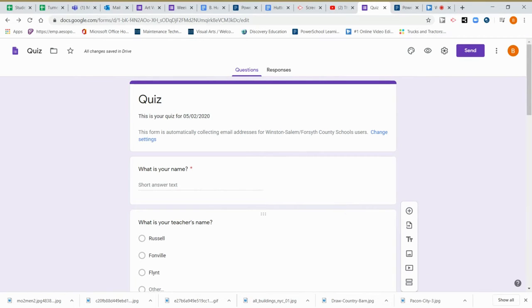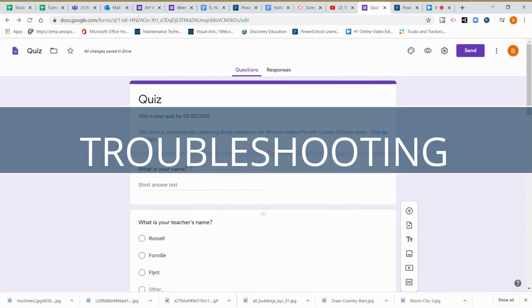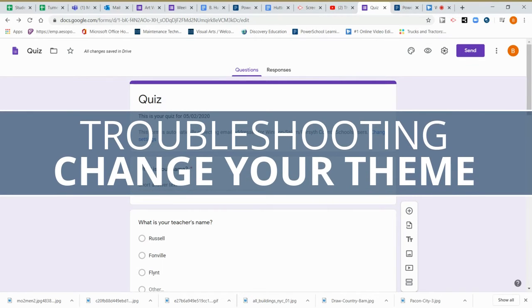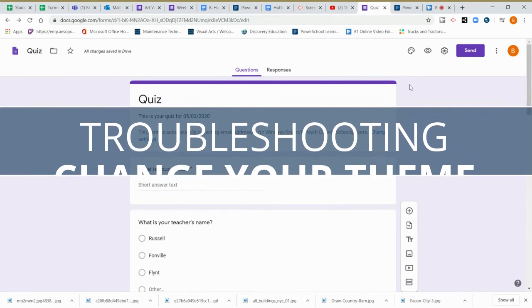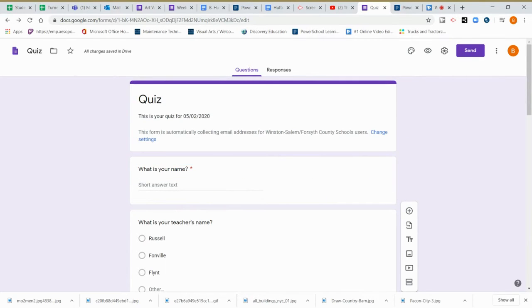So I want to go through and show you the appropriate settings for your quiz. This is a very, very odd tip that I've found, but it's really important if you want your students to be able to see their feedback. So weird thing I found out is that this default format, this default purple, actually creates an error when students